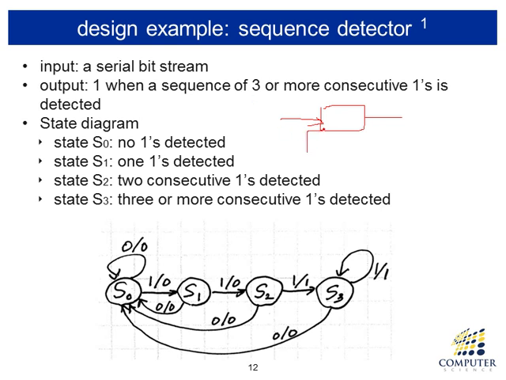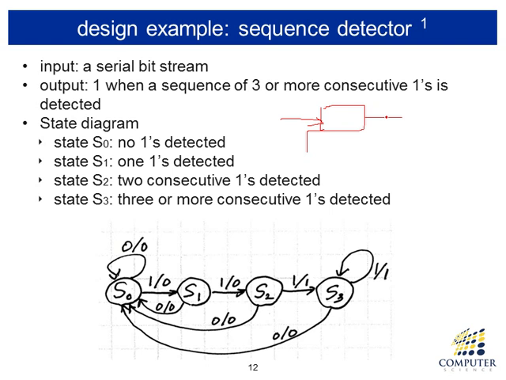On each clock, you receive one bit of information, 0 or 1. What this sequence detector does is that when a certain bit pattern is detected, then output becomes 1, otherwise output